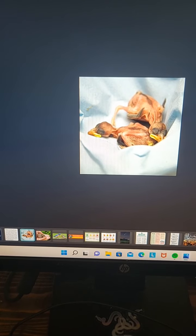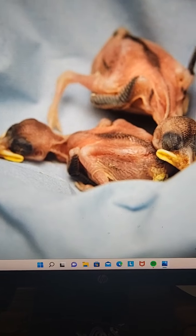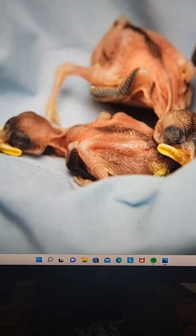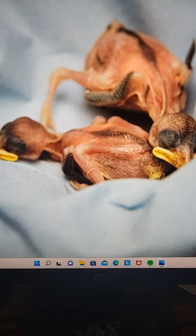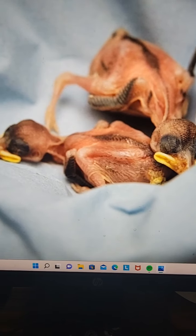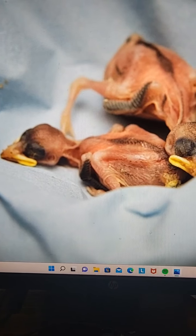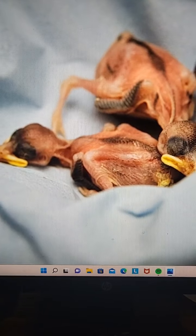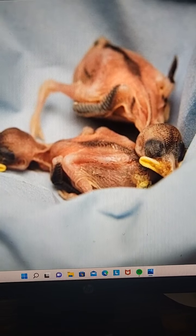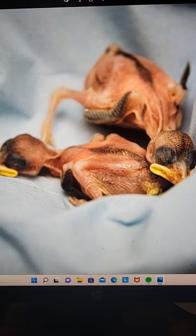These birds that do not have feathers or have very few feathers, kind of pinky looking, can't really hold themselves up. They don't have the strength yet to get their heads up for very long, and they're not able to hop very well, if at all. These are birds that you need to try and locate the nest that they fell out of and put them back in their nest. These are very vulnerable to predation and also to temperature changes in weather, and they're best